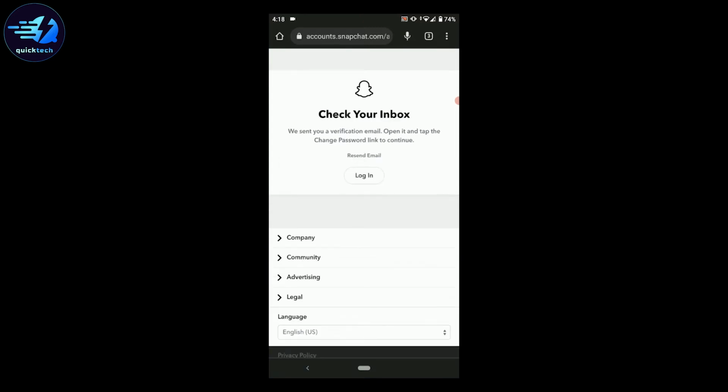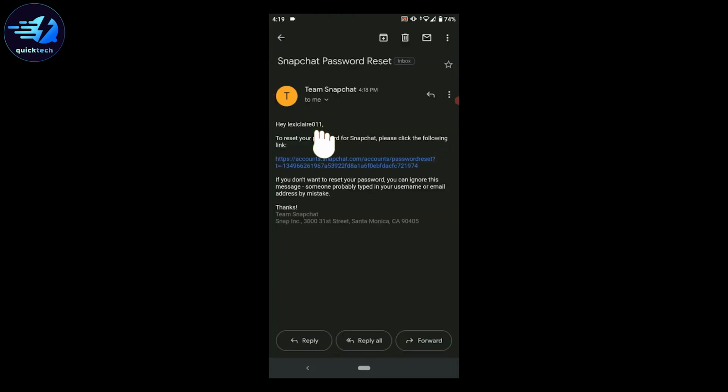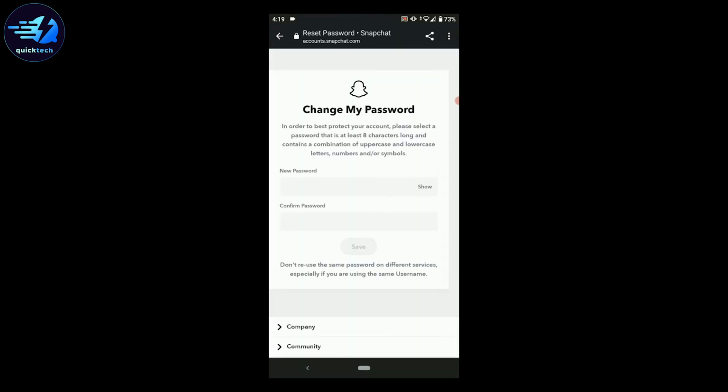With this, a verification email will be sent to your email address with the change password link for the continued process of recovery. Now you need to go and check your mailbox. There's the mail from Snapchat. Tap upon that. Here for the recovery, you tap on the link provided. Tap that link and this will direct you for the recovery, where you will be able to provide a new